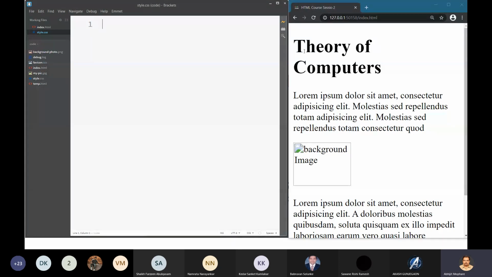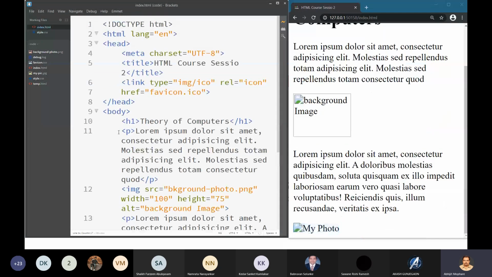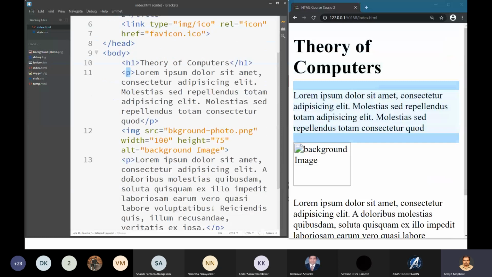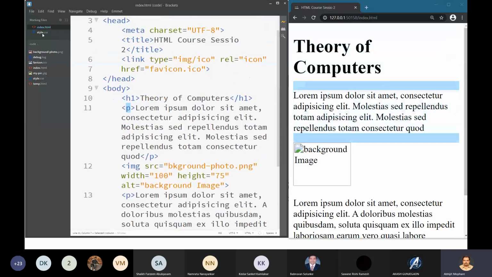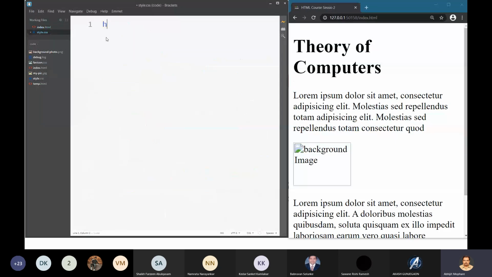So how do I select this header? What is the HTML element name for this header? This is h1, na? This is the h1 element. Let us check. Yes, this is the h1 element. See, this is h1, and this is p, and img. These are the only three types of elements we have in our HTML document. So we will select that h1. This is a selector, an element selector, because we are selecting the HTML element h1, and then opening and closing curly brackets, and within that we will have the color property.